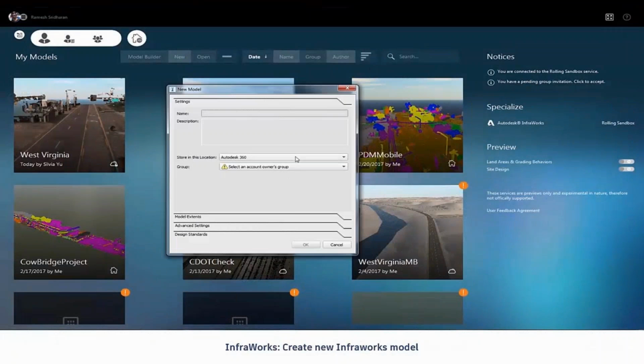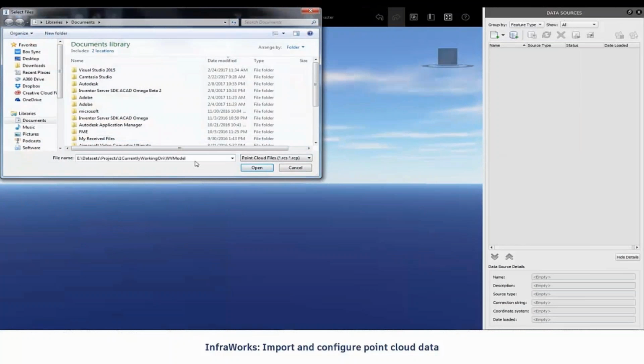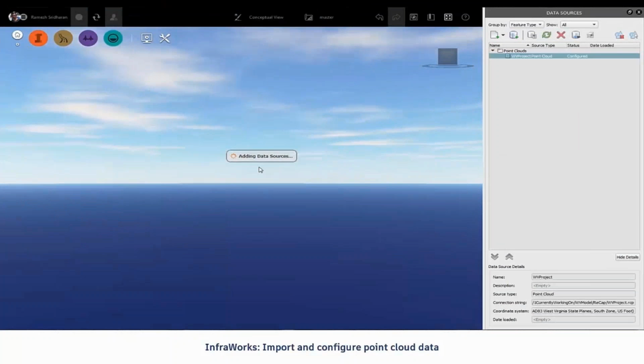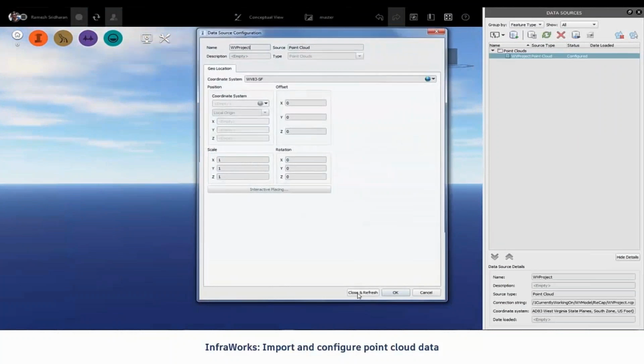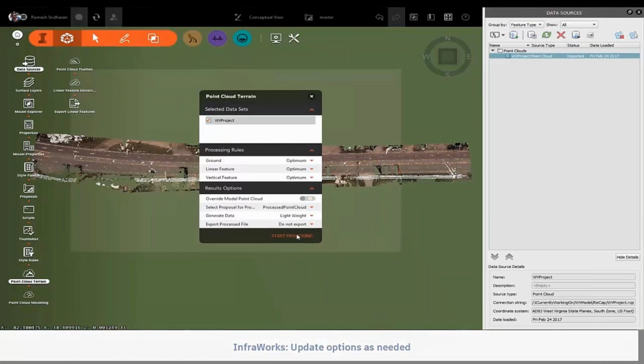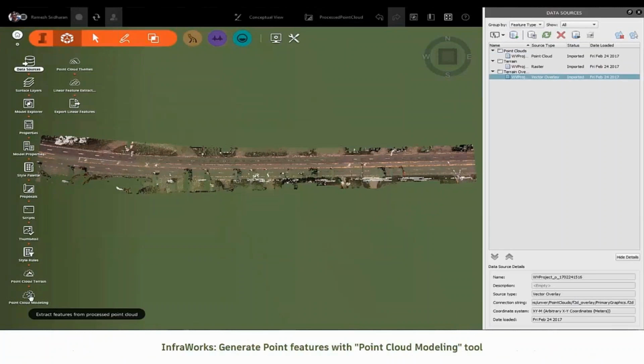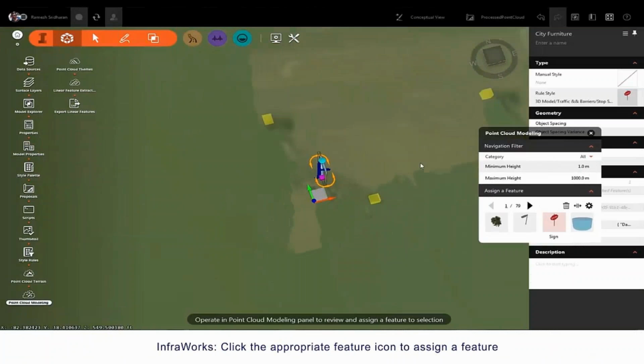So maybe I selected only part of it, I don't need everything, and I'm bringing this model into InfraWorks. So I'm just importing this ReCap point cloud RCP into the model, and I can start to process it. And we can create from structured point clouds a terrain model, basically thin